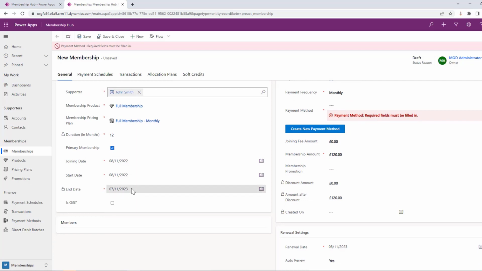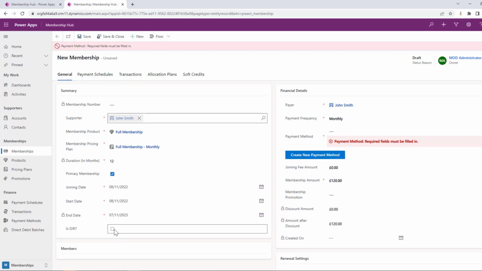If this membership has been purchased as a gift for John, so for example, someone else is paying for it, I can determine that it's a gift, and then I can change the payer to be someone other than John. The payment frequency has been set to monthly automatically for us. Again, that's been derived from the associated pricing plan. And then I can specify a payment method that's going to be used for John in order to pay for